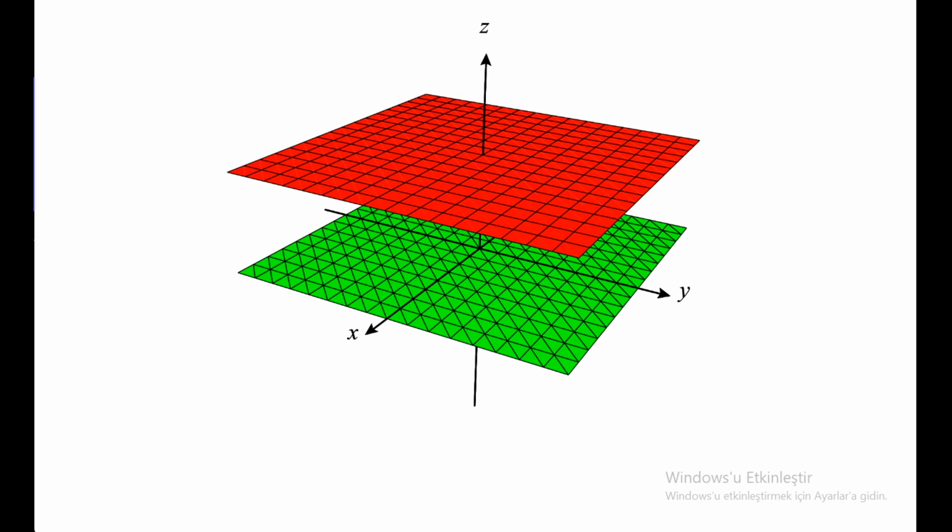Okay, the green one is the coordinate plane. The red one is z equals